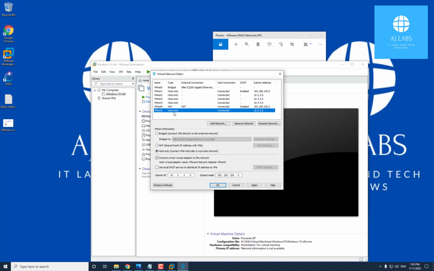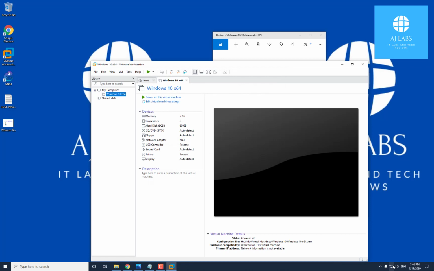That will create the network for you. So what you want to do, just like mine, is create VMnet 2, 3, 4, and those will be your additional subnets. VMnet 8, your NATed one, should already be there, so leave that as it is, don't touch that. Let me cancel this, and that's how you basically edit your virtual networks. Once you've created your 3 additional virtual networks, or more if you want, that will then create